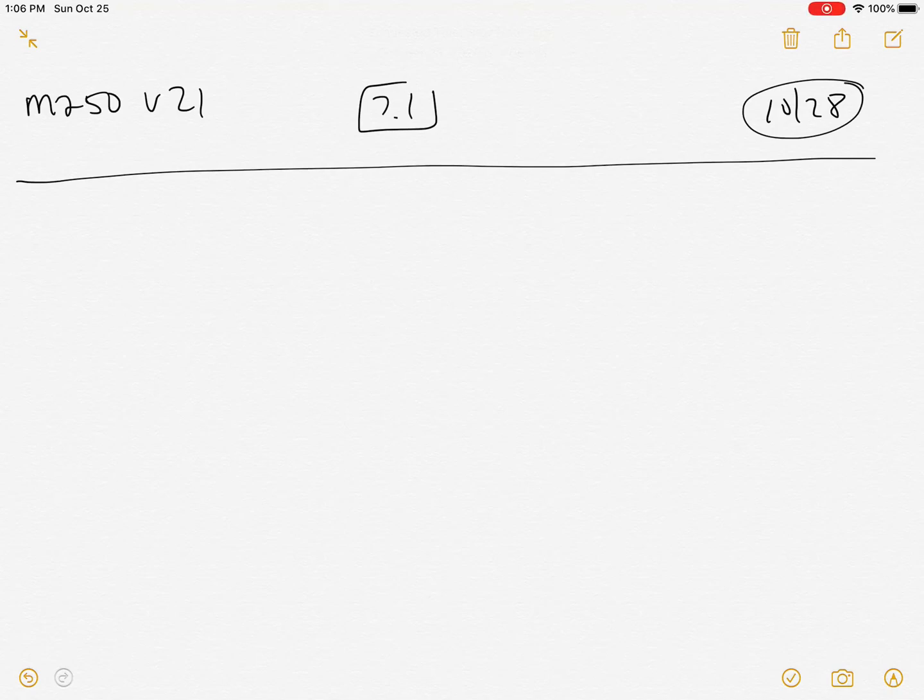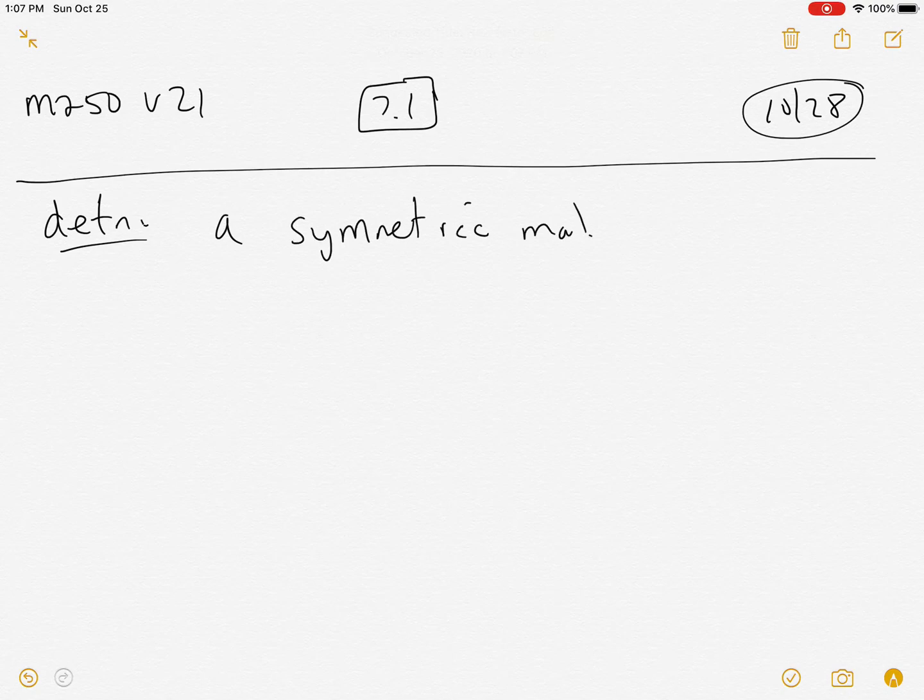Okay, we're up to video 21 here and starting chapter 7, which is all about quadratic forms and symmetric matrices and how they're all related. So we'll start with a definition here. A symmetric matrix A is such that A transpose equals A. So for example,